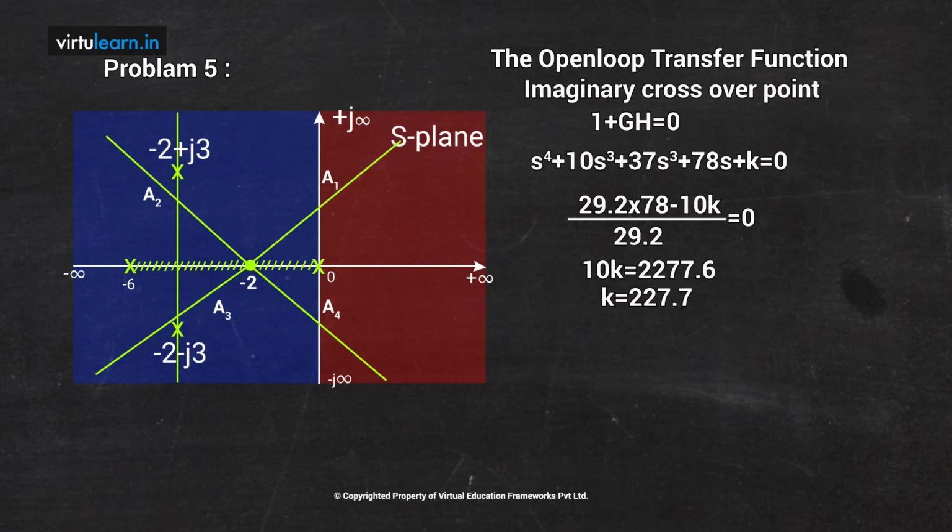So you just look at the coefficients of the row just before, which are 29.2 s square plus k. K we know already is 227.7. When you substitute and equate it to 0, you will be getting the s value equal to plus or minus j 2.8. So this is nothing but my imaginary crossover point. The S plane is available, just locate the imaginary crossover points there and